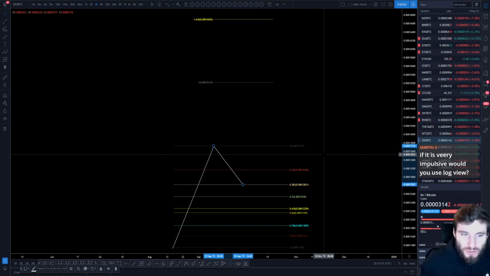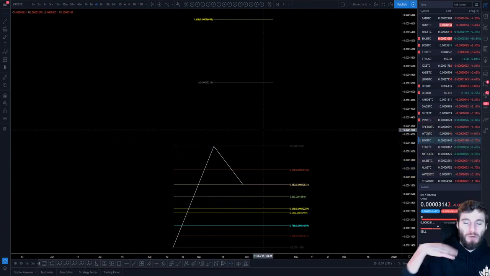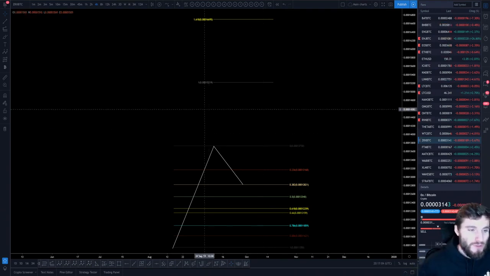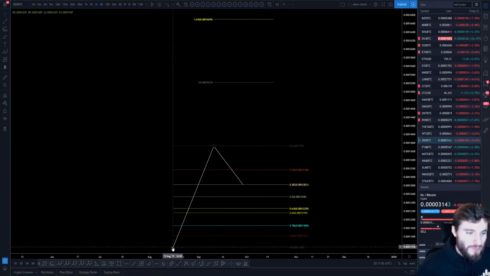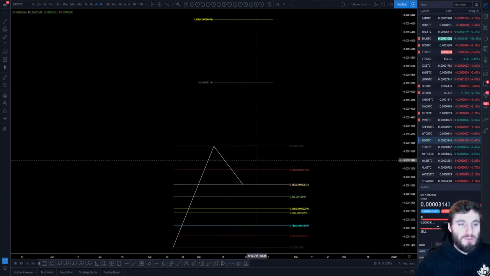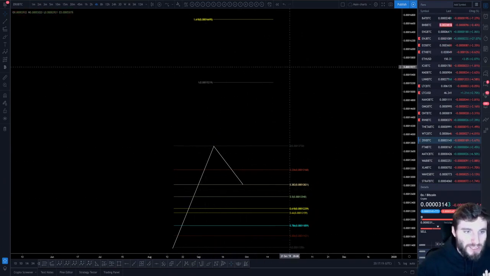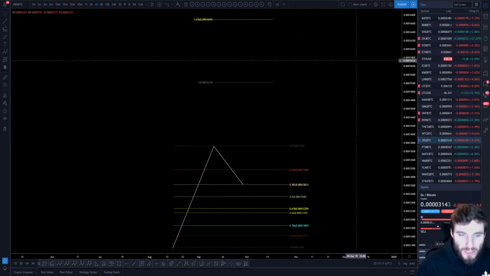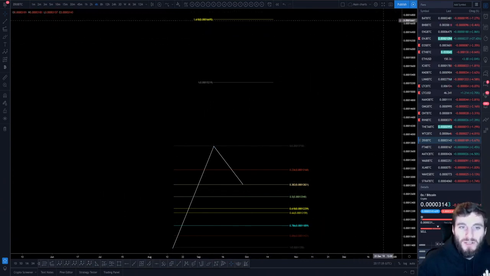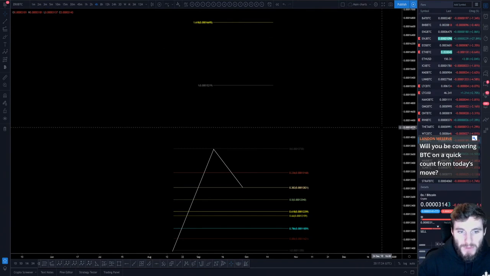So yeah, the question of how can you predict an impulse move? You have to use the context of the move. You have to go by what's happened in the past. There's no way you can just go onto something absolutely randomly, a thing that you've never looked at before, and just say, right, this is what's going on. You have to have the context of the coin. So for example, if there was a really big pump to the upside and you're coming down on decreasing volume, you're going to expect another continuation to the upside, because that's your consolidation. Impulse, consolidation, impulse, consolidation, until you reach an area of strong resistance, and then you start getting distribution and coming back down.